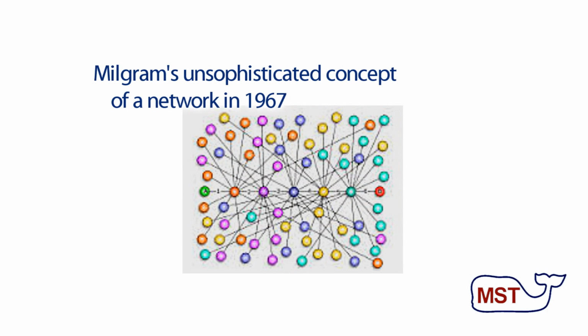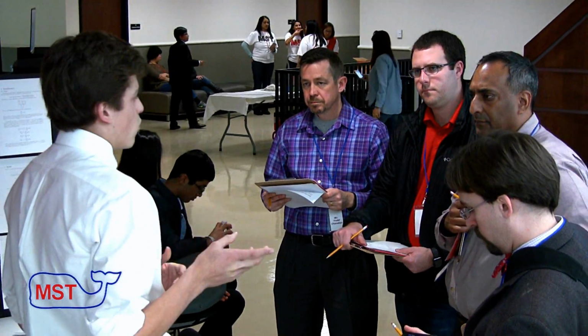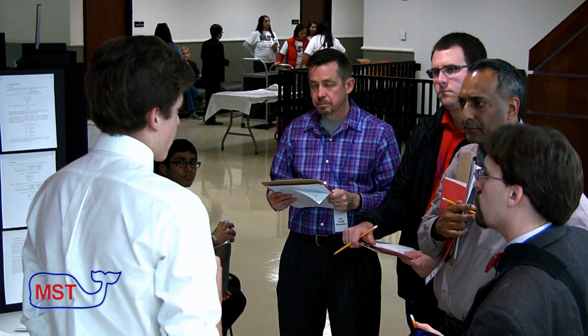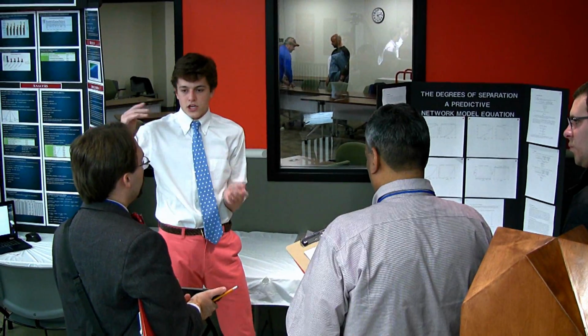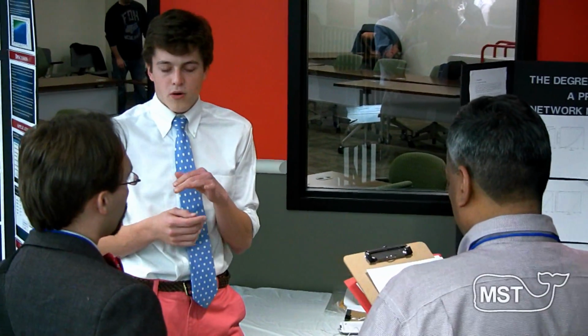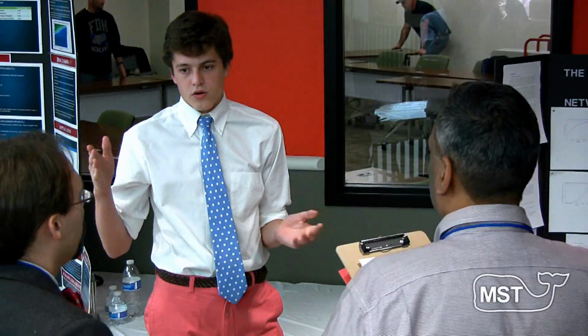And he found that, of the packages that arrived in Boston, it took about six times of them being sent before they arrived, which was the first kind of proof. And then in 2001, Duncan Watts did the same kind of thing, but with mass emails, and he found approximately the same results. As the population grows larger, to look at it you have to look at every possible pair. So if there are 2 people, there would only be 1 pair to check. With 3 people, there'd be 3 pairs to check, and it gets exponentially larger as the population grows.